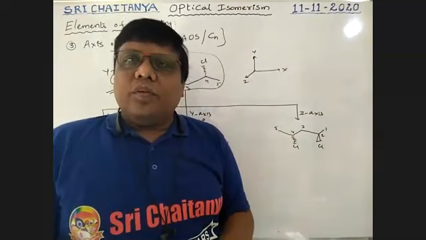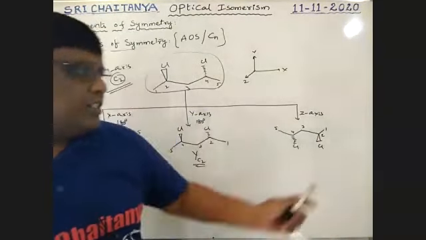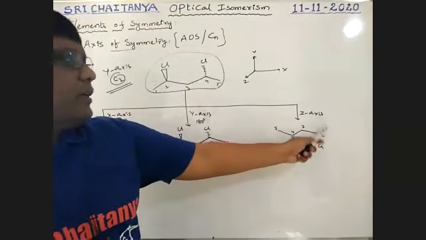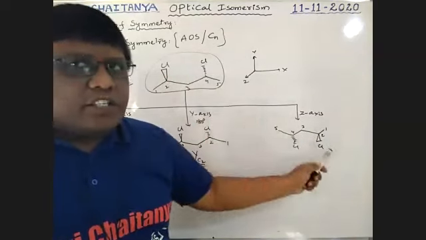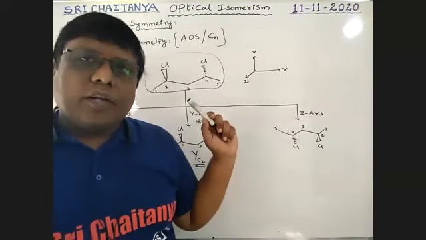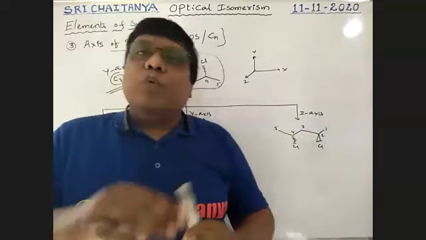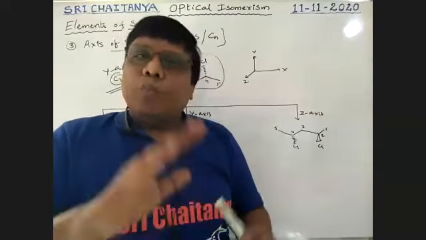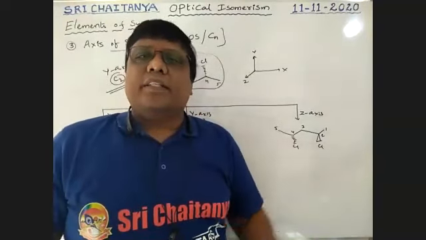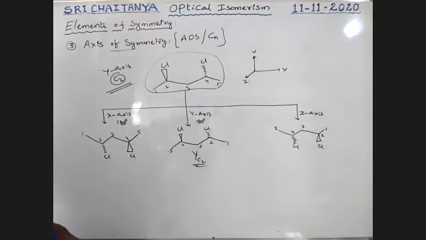So now wedge is wedge, dash is dash along Z axis. So therefore it is one, it is one. At second chlorine, wedge is wedge. Okay. Fourth, dash. So that is both changes. That means reversed, and up is down, down is up. Both are applied in case of Z axis. Okay. Now let us observe one more example.